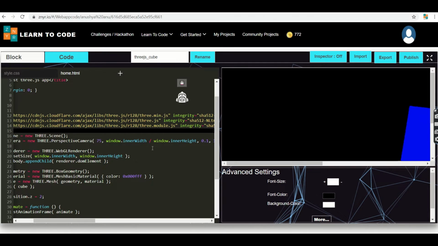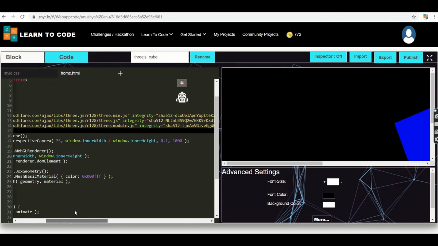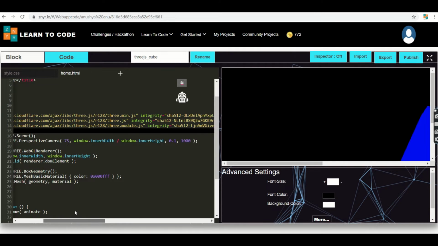Okay, so the value is nothing but a degree. Here the 75 represents the degree. The second one is aspect ratio, where we use the width divided by the height, so under what ratio they have to divide it. If required, you can cross-check or change it over here. Here I have mentioned 0.1 and 1000, but instead of those you can use any value where it divides the width by height.